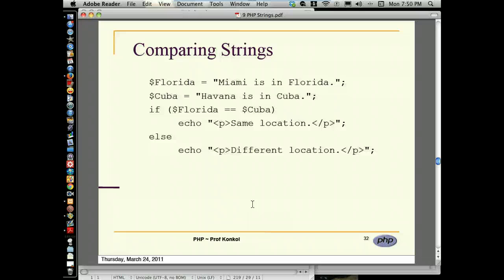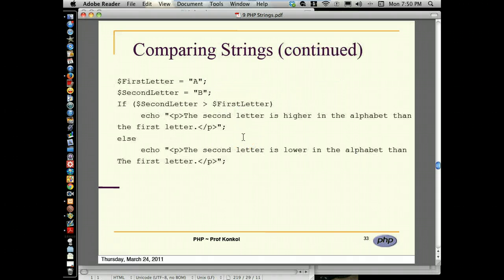Comparing strings, this is used a lot in PHP. So you have Florida equals Miami is in Florida, Cuba, Havana is in Cuba. If Florida equals Cuba, same location, else different location. So the operator here is right there, equal to. That would be for numeric or integer values, and I think they might go over that one here in a second. First letter A, second letter B. If second letter is greater than first letter, the second letter